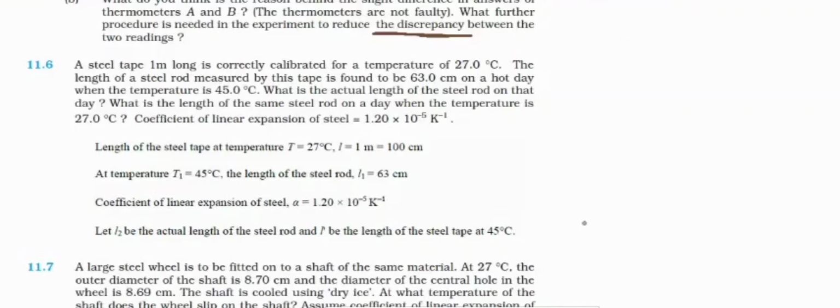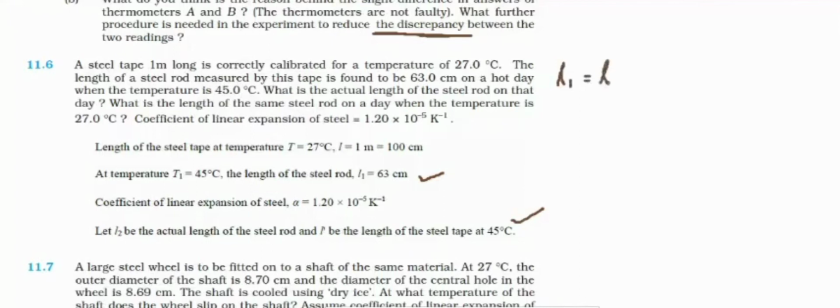A steel tape 1 meter long is correctly calibrated for a temperature of 27 degrees Celsius. The length of the steel rod measured by this tape is found to be 63 centimeter. We can take as L1, 63 centimeter. Then on a hot day when the temperature is 45 degree Celsius. What is the actual length of the steel rod on that day? What is the length of the same steel rod on a day when temperature is 27 degree Celsius? Okay, so here we can use the formula